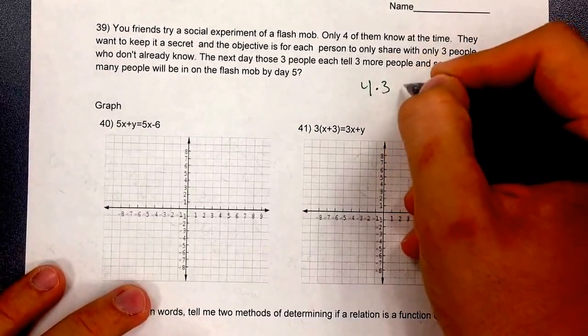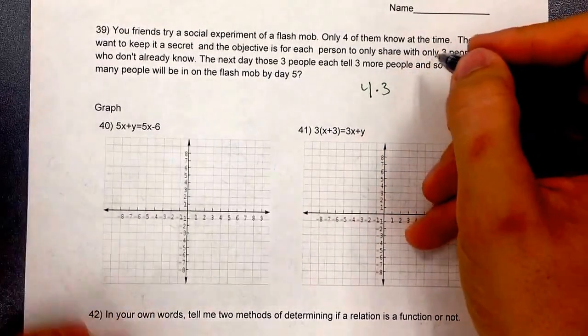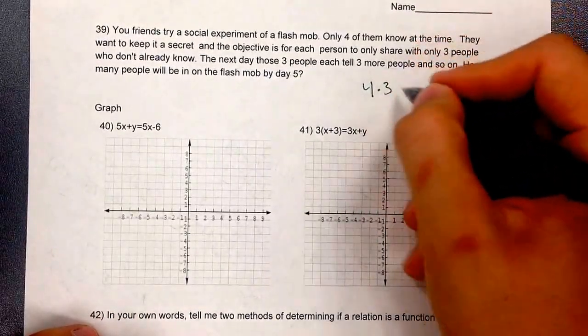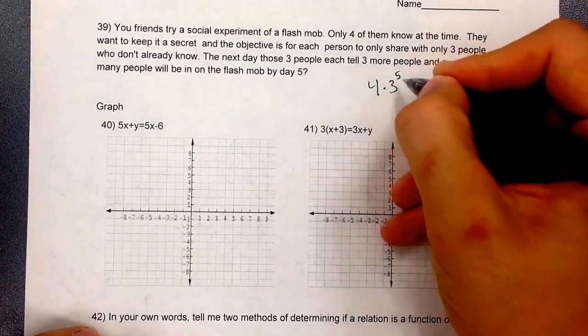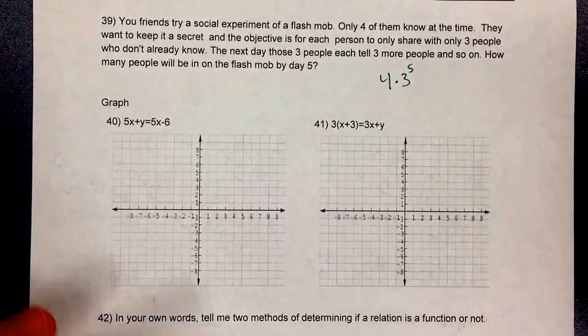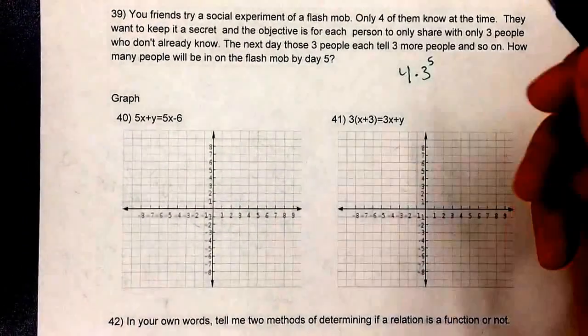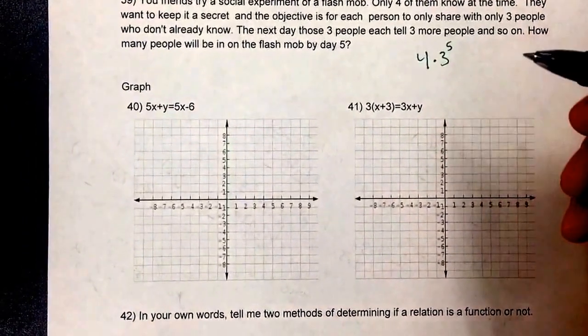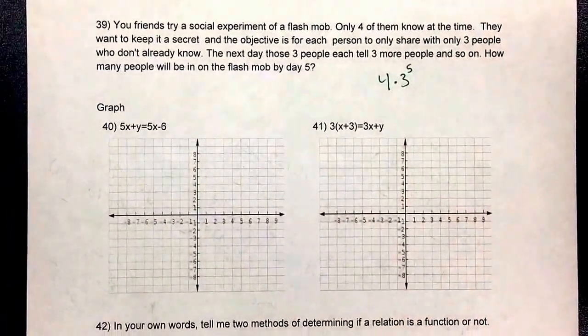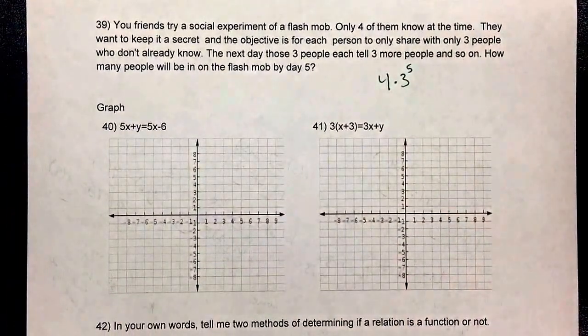36 people would know the second day. 108 people would know the third day. You're multiplying by 3 each time. So we're going to take 4 and we're going to multiply it by 3 5 times. All right? Assuming that they told 3 people on the first day. So 4 times 3 to the 5th,